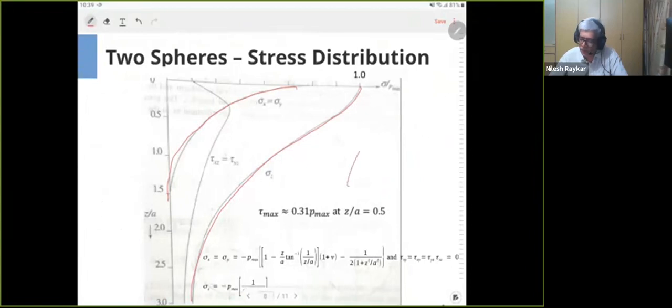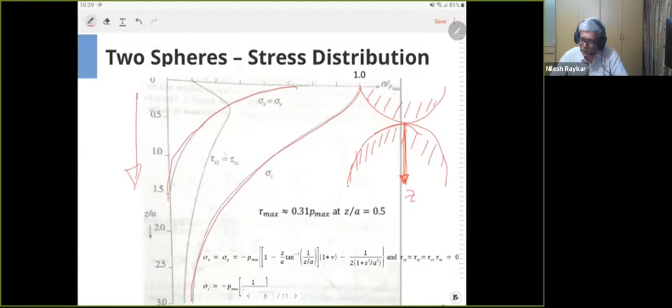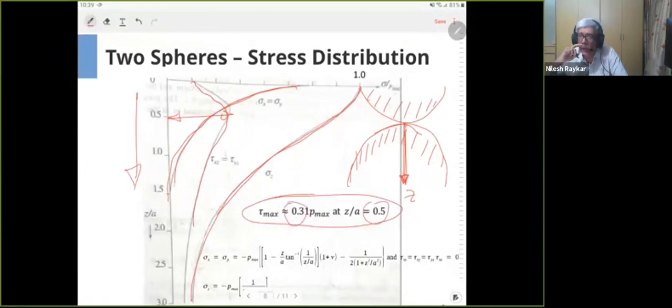For example, if you are considering two cylinders touching each other, this is the bottom cylinder, this is the top cylinder. As you move along the radius of this body, in the direction plotted in this graph, you will find that sigma x, sigma y, sigma z keep on decreasing. However, the maximum shear stress peaks at some depth below the surface, and that is given by the expression shown here. You need to remember this expression. It will not be available to you during the exam.